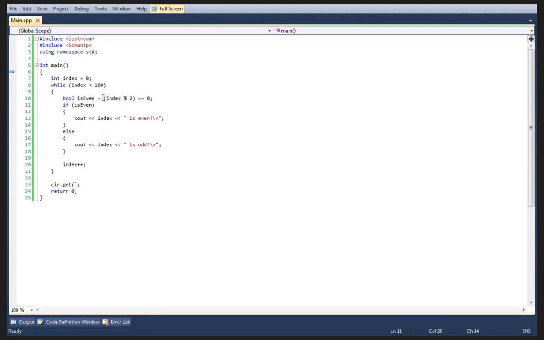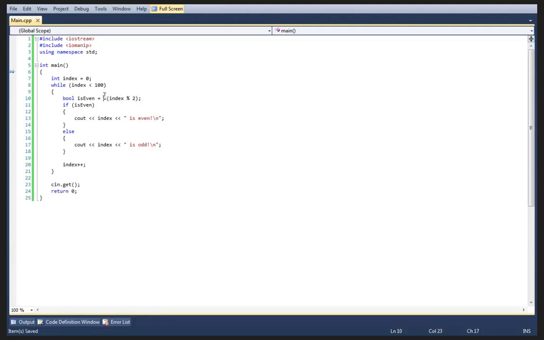Okay, so what we have here is an expression, and index modulus 2 will return the integer value 1 if it is odd, 0 if it is even. Now, because this Boolean is named is even, I want to invert that. So I want to say if it's 0, say that it's even. Otherwise, if it's odd, say that it's not even. Now, I could have done that to invert it,